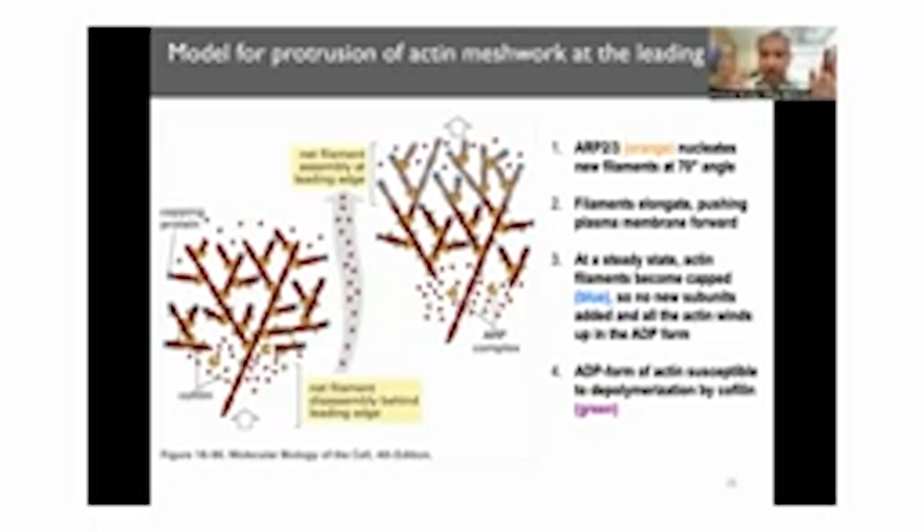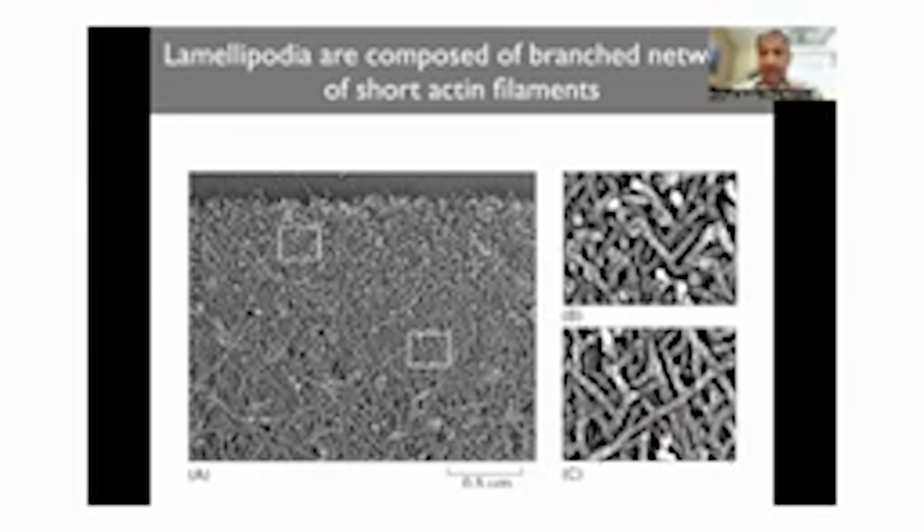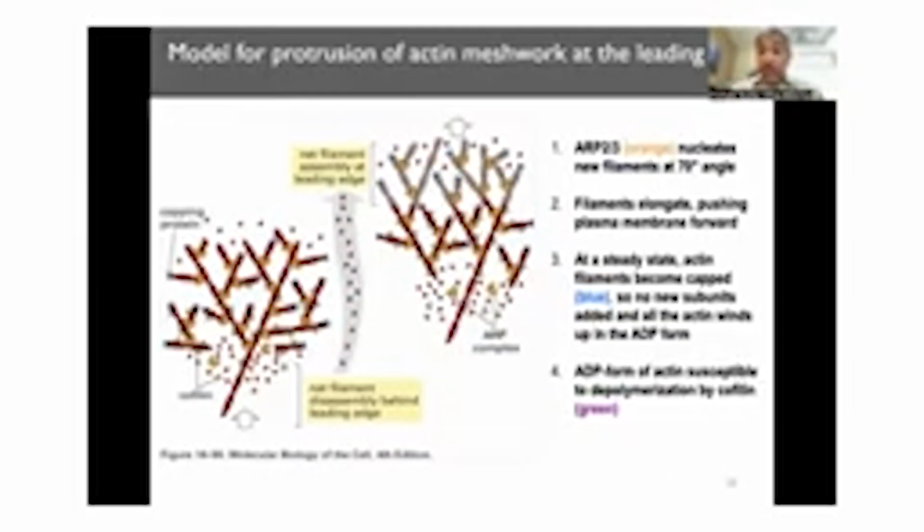The branching of the actin that we saw here is made by this protein called the Arp complex, Arp2/3 complex. And it binds actin and creates a starting point for a new strand at a very specific 90-degree angle. So all the branching that you see in actin will happen at a very specific angle. And the reason that it happens at a specific angle is there is a protein here that sits and binds to this actin that will allow for a new strand to form only at a very specific angle. Okay. And this branching is a big distinction